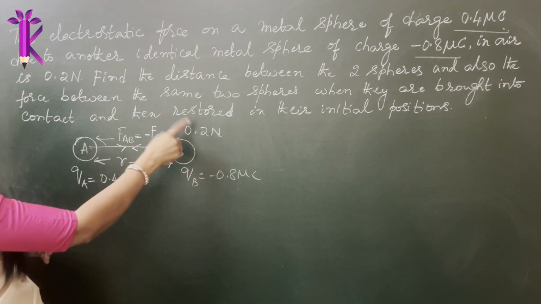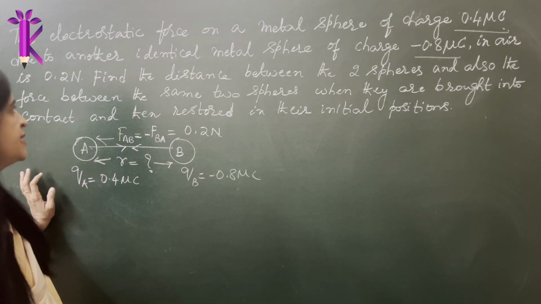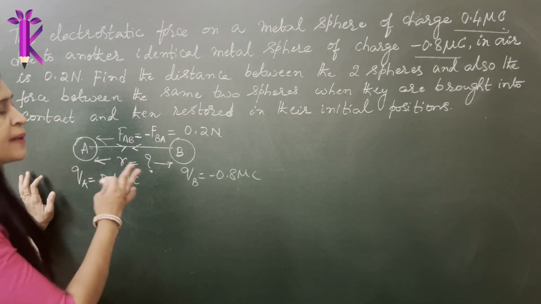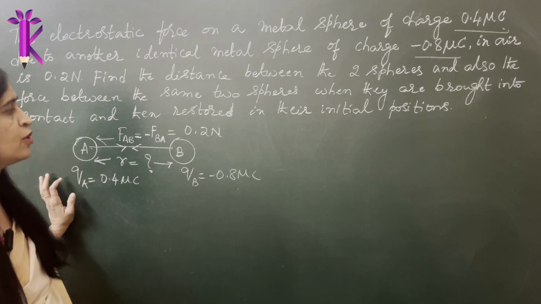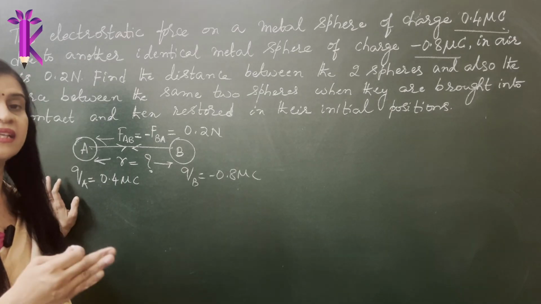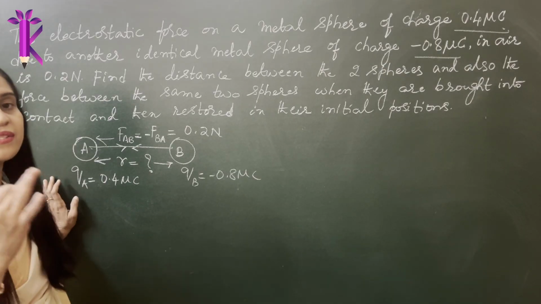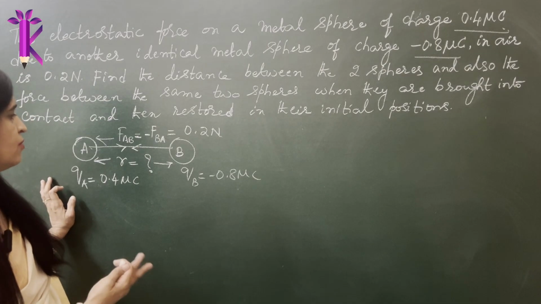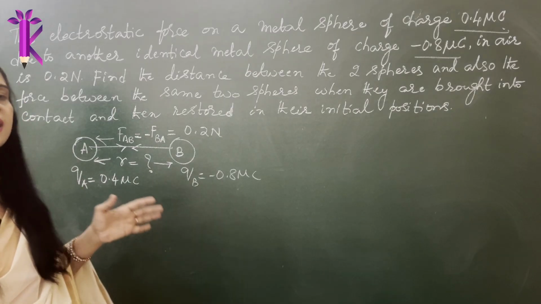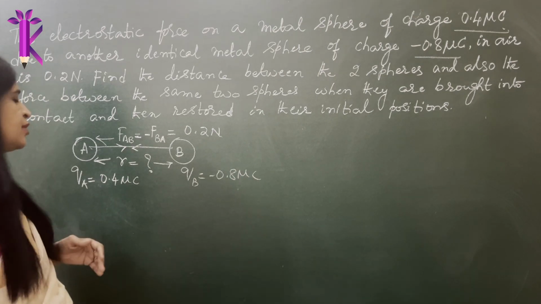You have the charges and you have the force, so it is very easy to calculate the distance between these two spheres. That is the first part of the question. Since they are separated in air, you use the value of k as 1/(4π ε0), which is 9 × 10^9, because for air and vacuum we use the same constant. Let's figure that out. There are a few decimals; we need to separate the decimals and the whole numbers like we usually do, and you'll get the answer.